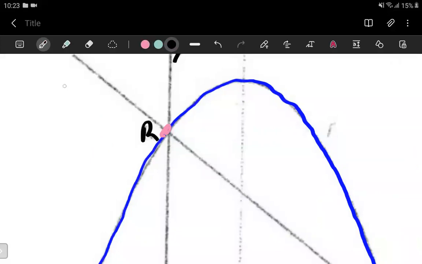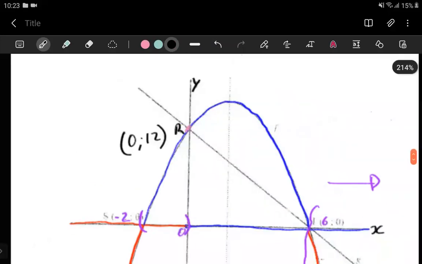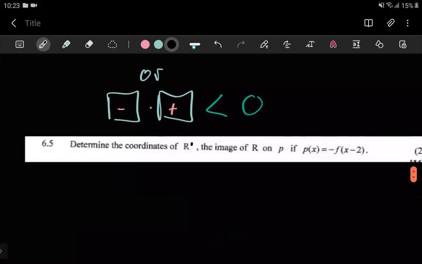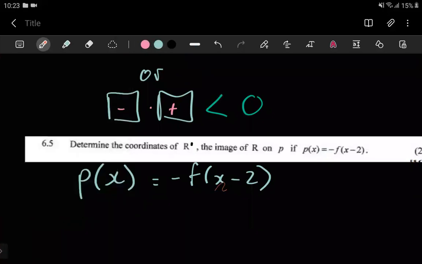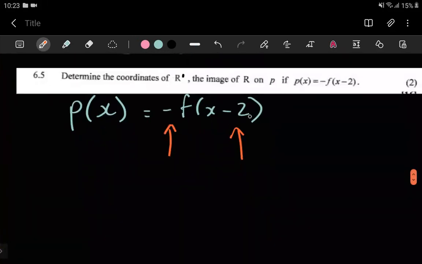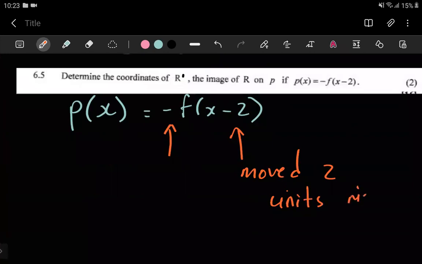Its coordinate, as we know, is just x is 0, y is 12. So all they are saying is you now have a new equation. This equation is P of x. P of x is equal to minus f of x minus 2, minus 12. So all they're trying to tell you is that something has happened to the equation of f. Two things have happened. So this here shows you it has been moved 2 units to the right. This here means it has been flipped